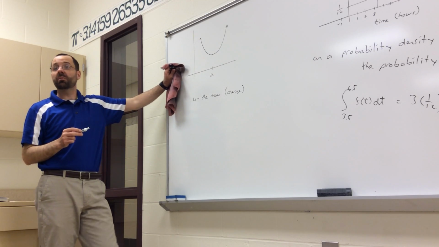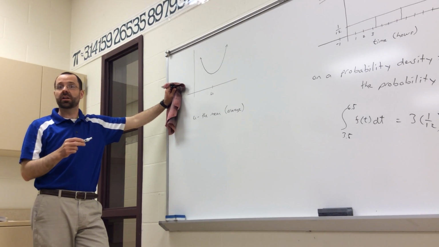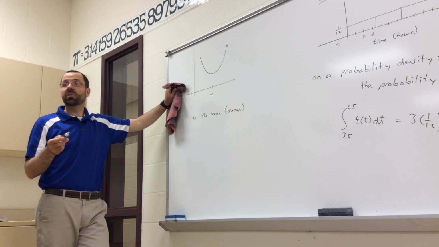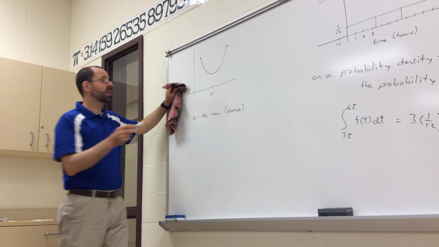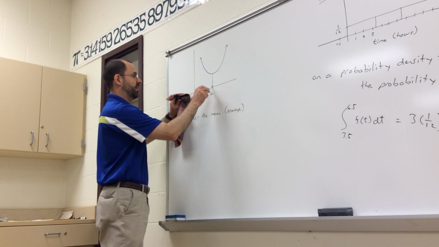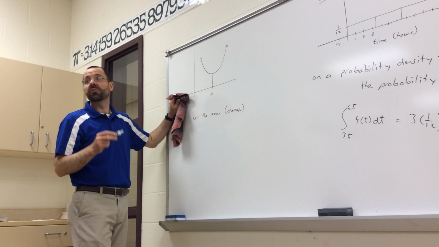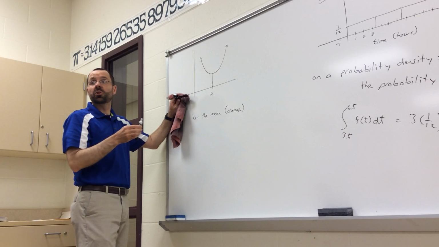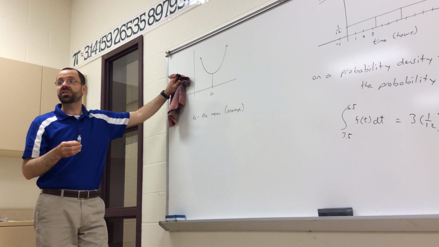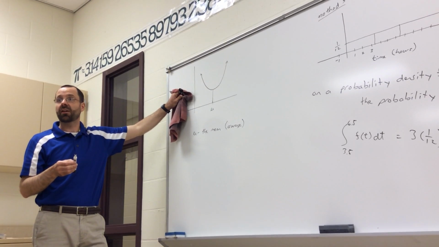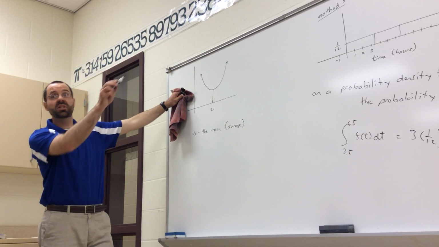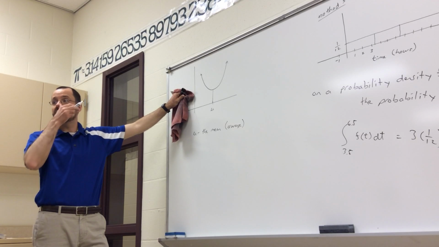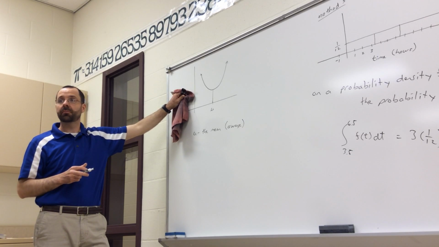So remember, this is a probability density function, so the area under this curve is the chances, right? So if you want to find the chances of being above average, you would find the area from here up. And if you wanted to find the chances of being below average, you'd find the area from there down. So are the chances of being above average the same as the chances of being below average on this graph? Yes, so criteria 1 is met, right? The chances of being above average are the same as the chances of being below average.